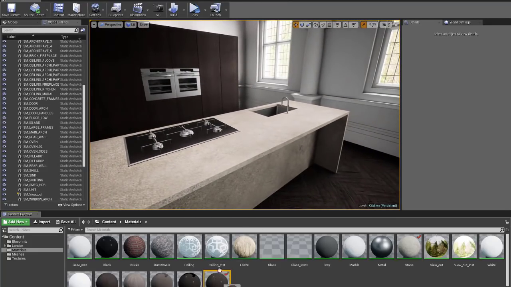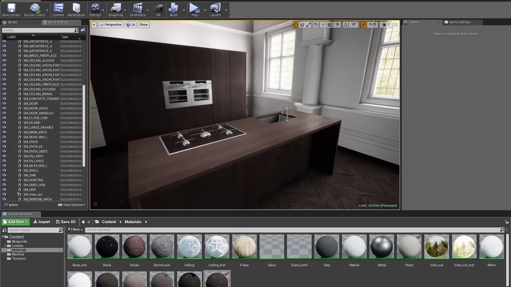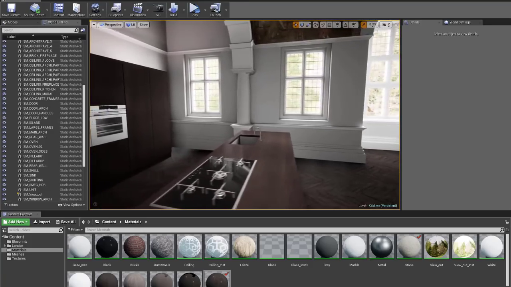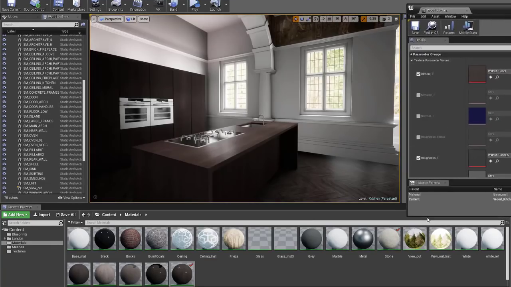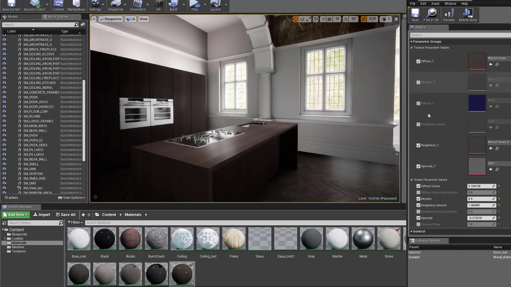So this is in fact interactive in the sense that I'm just changing the material, throwing it onto this object, and the material is changing immediately. Another incredibly powerful feature of the software here, what we have here is these interactive materials, and so